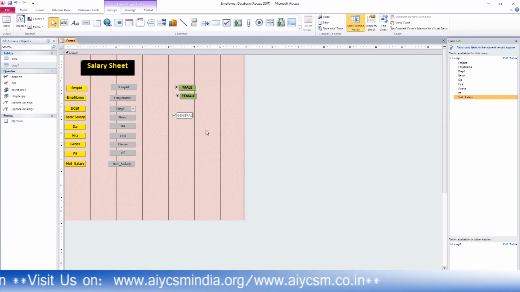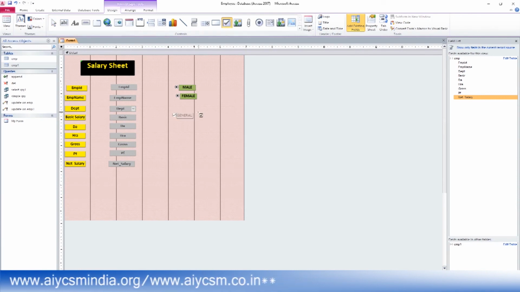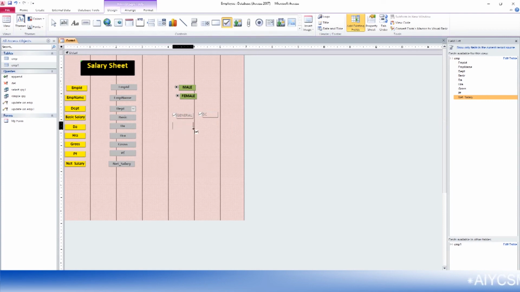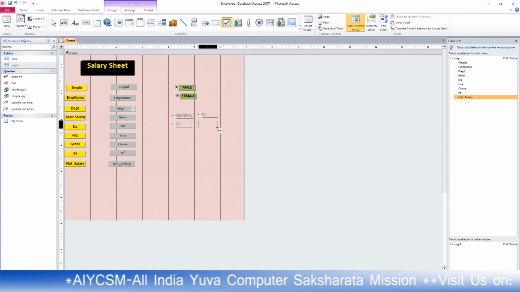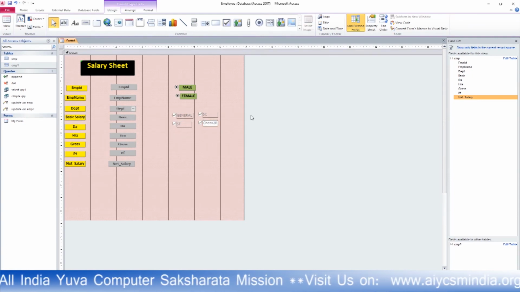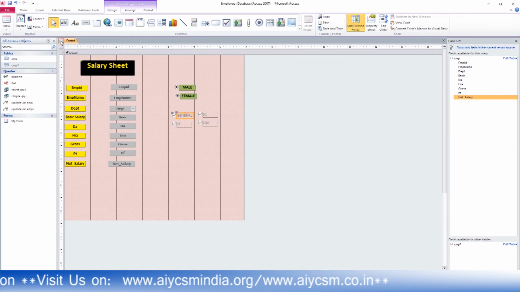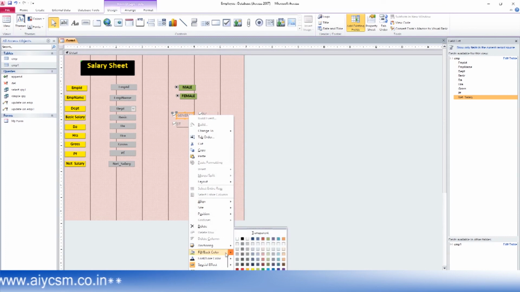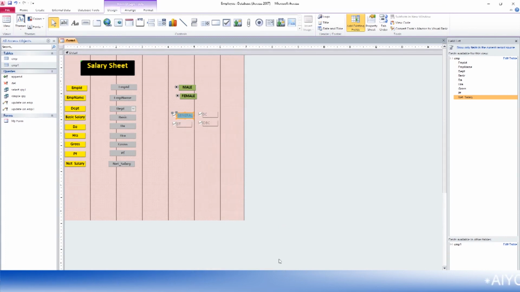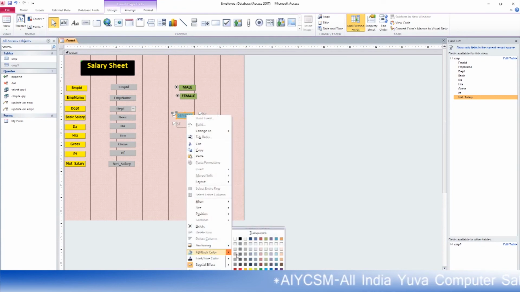Then click on this one, write it as SC, then ST, then click on this one, OPC. And this one like this.